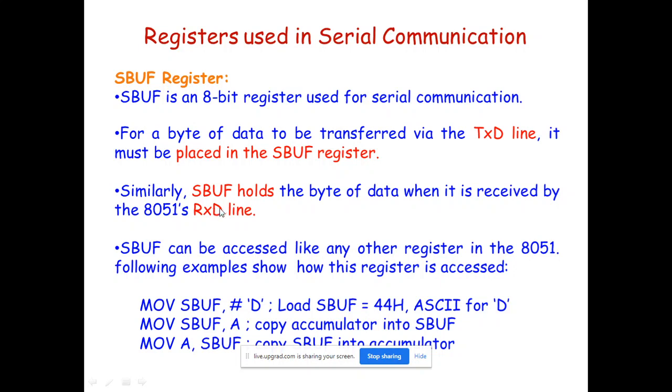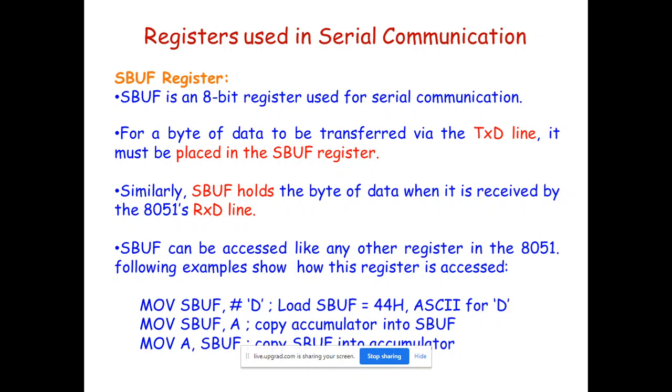Similarly, suppose your device is in receiver mode. At that time, bits come in one by one through the RX pin. All 8 bits do not come at a time because there is only one wire, so one bit comes at a time and is placed somewhere.